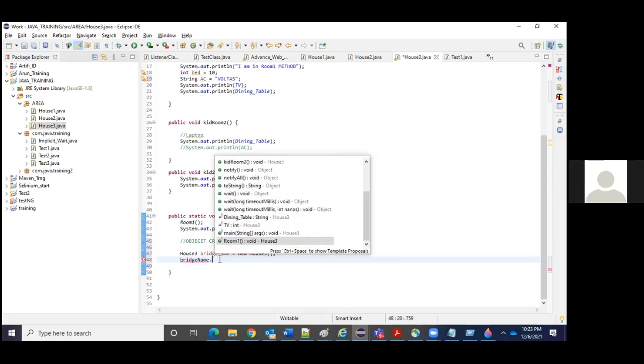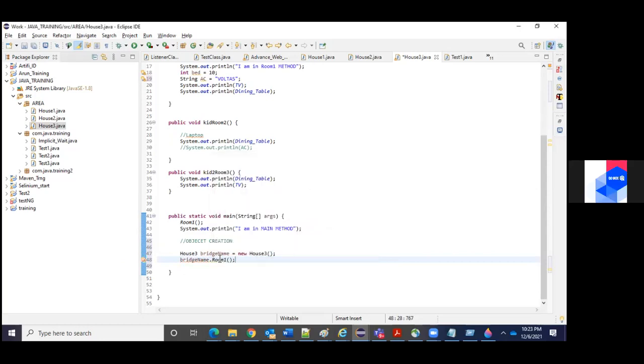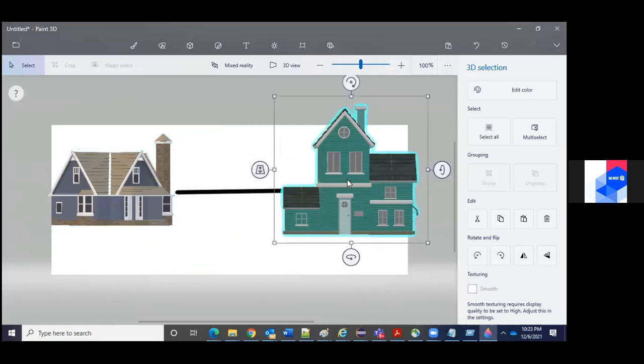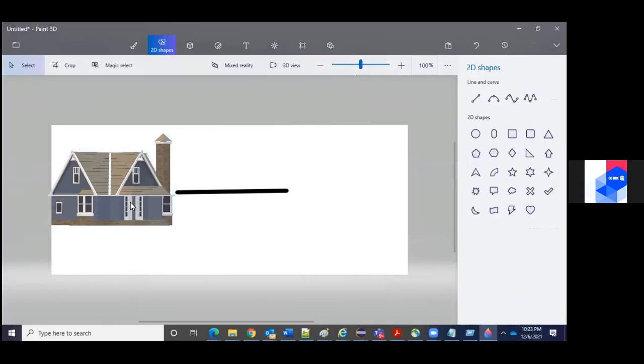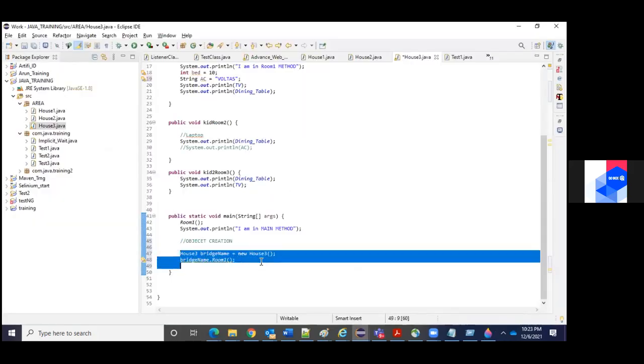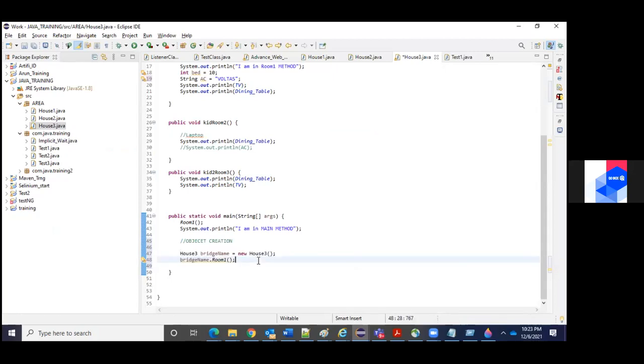So all these things you can access if you construct the bridge to that house. Okay, forget about this house. For example, you are not having this house. You just constructed the bridge, so how do you want to go inside the house? So this is the way you create the object for a particular class.